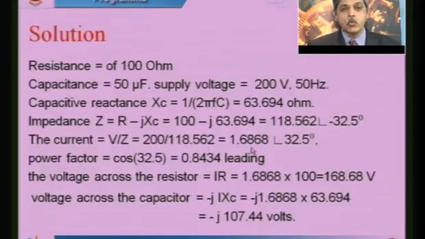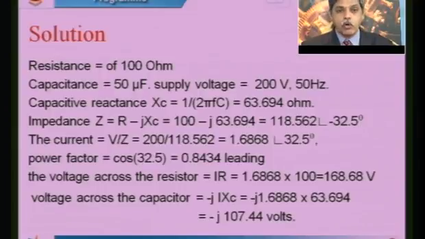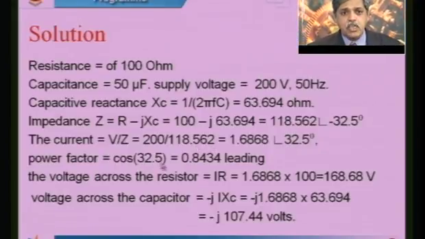On the Google search you will get a catalog. If you go through the catalog, it gives the steps to be followed for converting a complex term from rectangular to polar form, or polar to rectangular form. In this problem, once you calculate the impedance, you can divide the voltage by the impedance to get the current. I have just taken the magnitude of the impedance here. The angle for the voltage is 0 and the impedance angle is minus 32.5. Because the impedance is in the denominator, the angle of the current becomes 32.5.